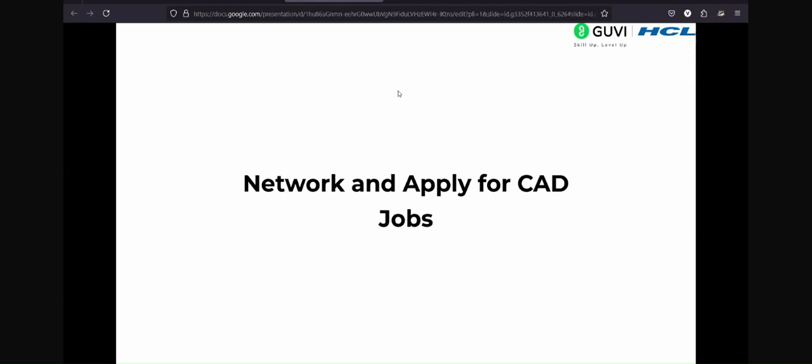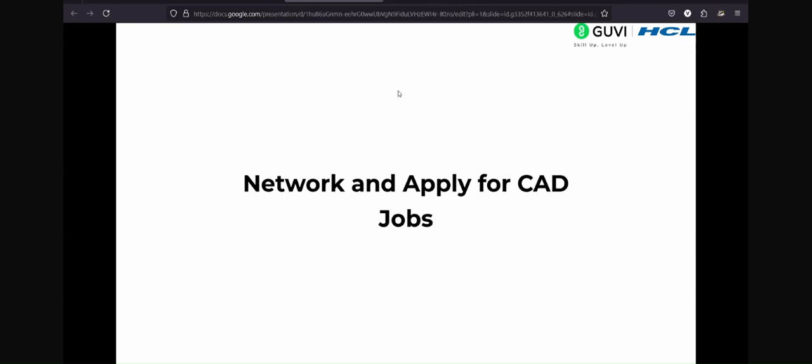And how you can build it, it's not about building that network in one day. And this fourth step is not about doing it after the three steps. This fourth step you can start from step one only, right? While you are doing the first step, you can start the fourth step side by side, you can start building your network. Even if you're in college, in the first year, second year, you can start